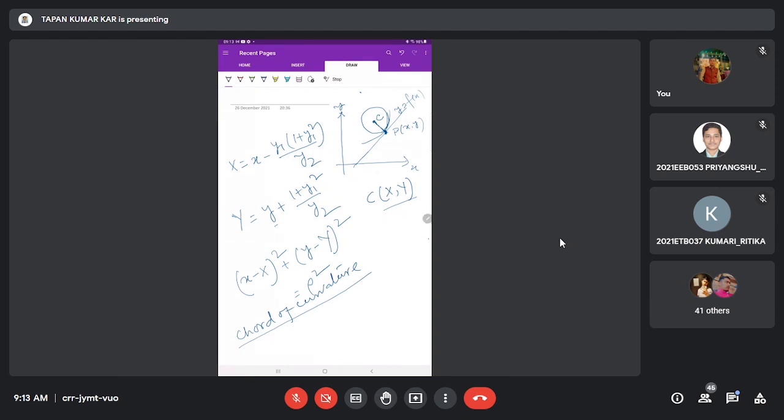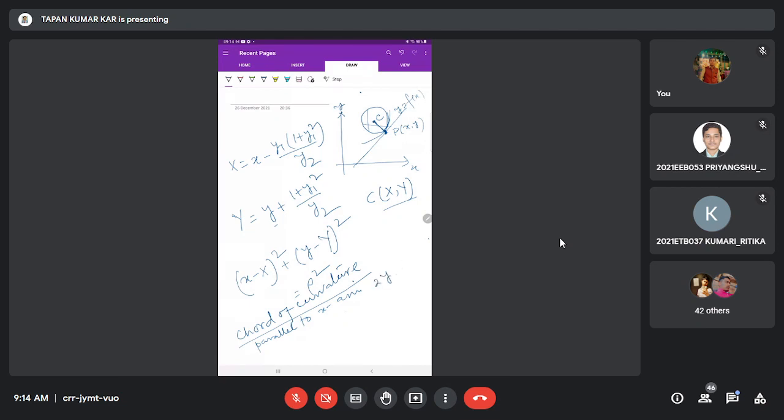Suppose you consider any chord like this, parallel to the x-axis or parallel to the y-axis, usually we will determine that. Then the length of the chord of curvature parallel to the x-axis is